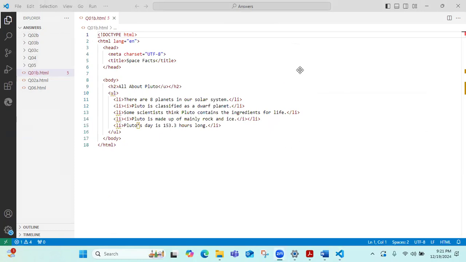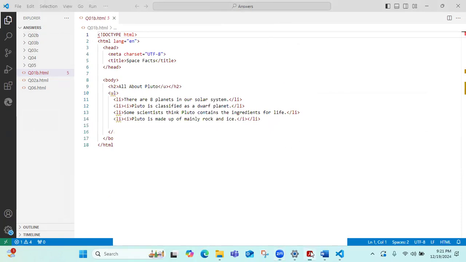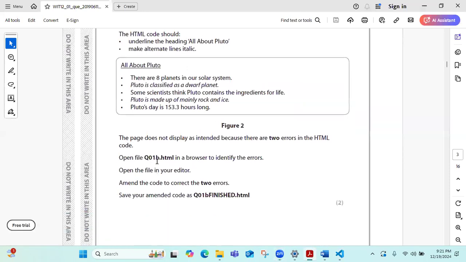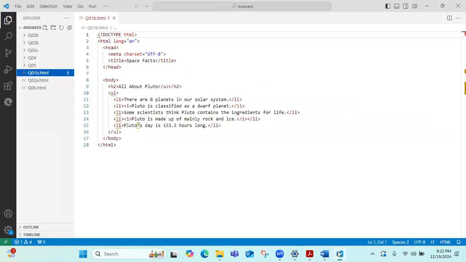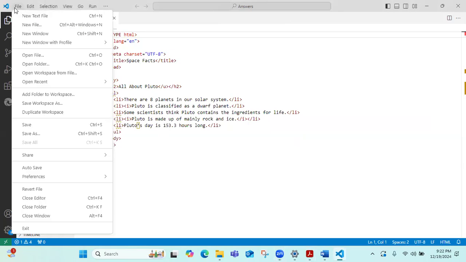Now the answer should be, when you are doing this answer, open the Q01B in your browser and identify the errors, open file here and save your amended code as Q01B finished. Okay, Q01B finished. So you are going to save this as